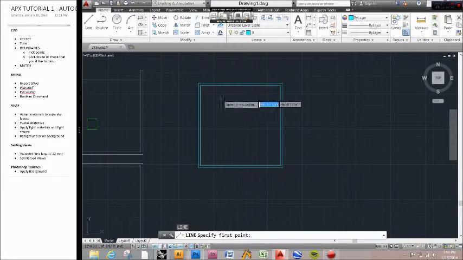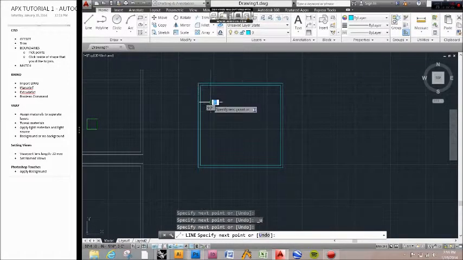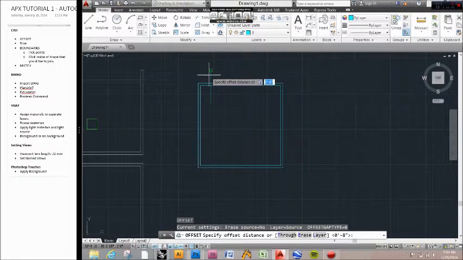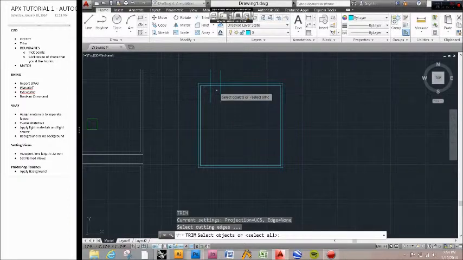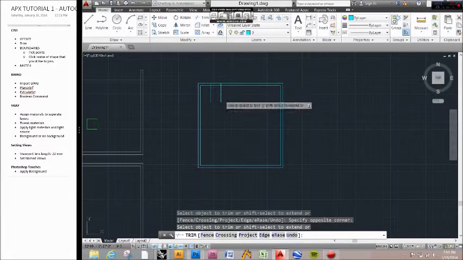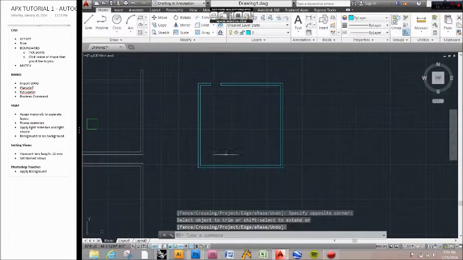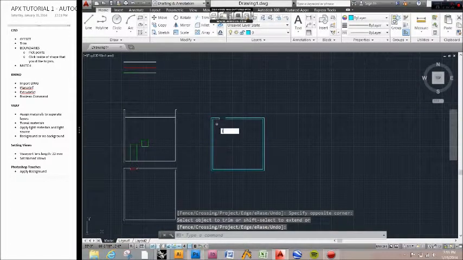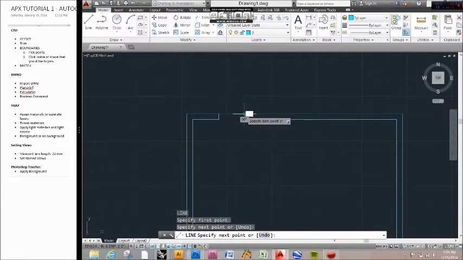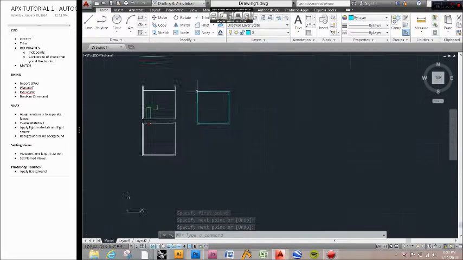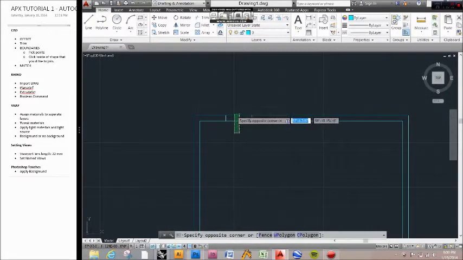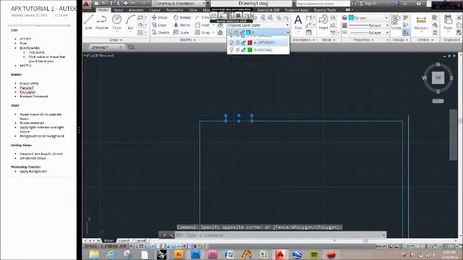So, in that way I can do my opening of 3 feet, and I can say TR, enter again, and chop up the wall. I want to do this because the opening will be dashed, and I've set up 4 different layers, and usually what I used to do was select the segments and then change them to the desired color,